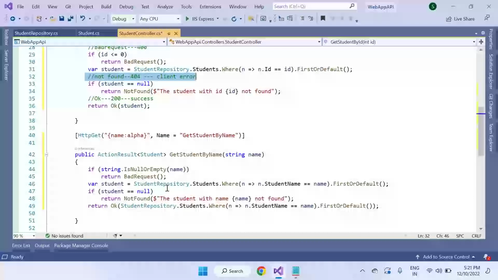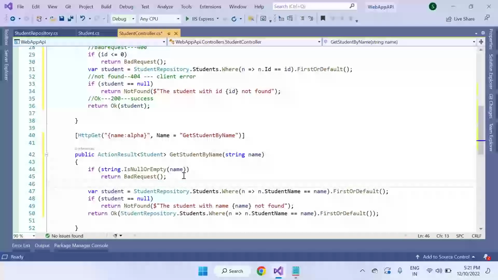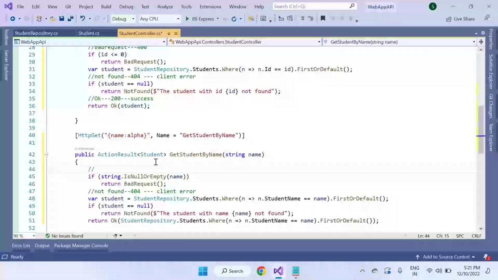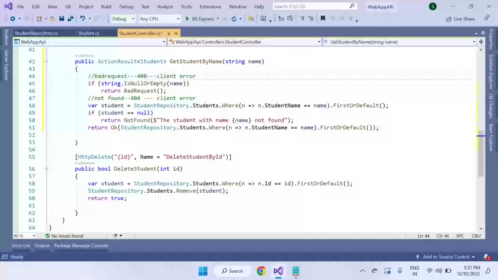Copy this. I'm just giving the client to you, sir. 404. This is what actually bad request is here. Bad request means, what is the status code? 404 is under error, it is a client error. Same thing as what we get for get student by ID, I'm doing for get student by name also. So it is right. Now this time again I'm not going to use this one, because we already mentioned